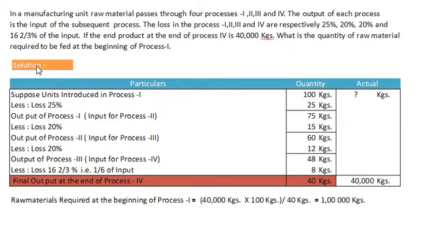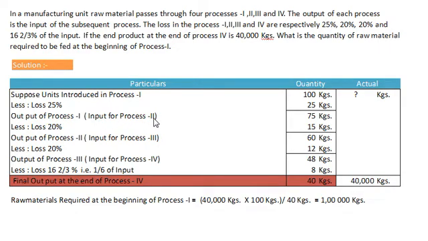Here is the solution. We will make an assumption that suppose units introduced in process 1 is 100 kilograms, whereas actual input is not available. From this input of first process, we will deduct loss 25%, that is 25 kilograms. So balance 75 kilograms is nothing but our output of process 1, which becomes input for process number 2.